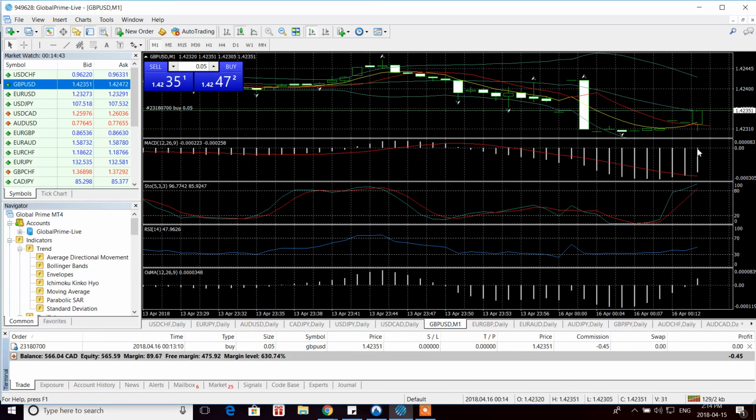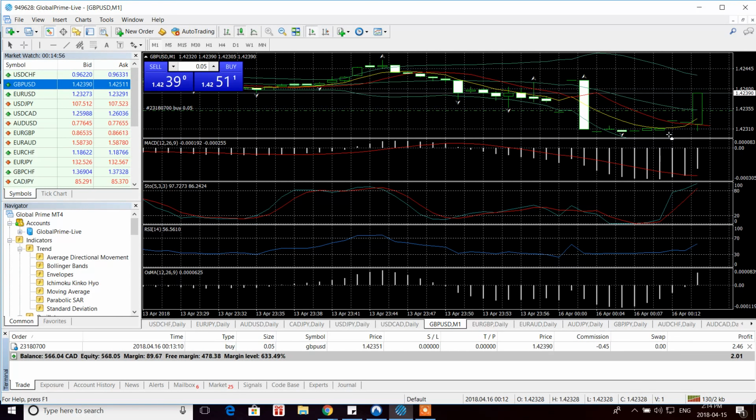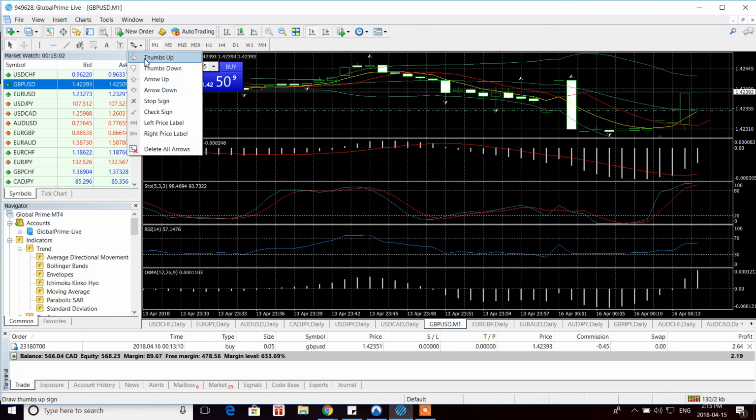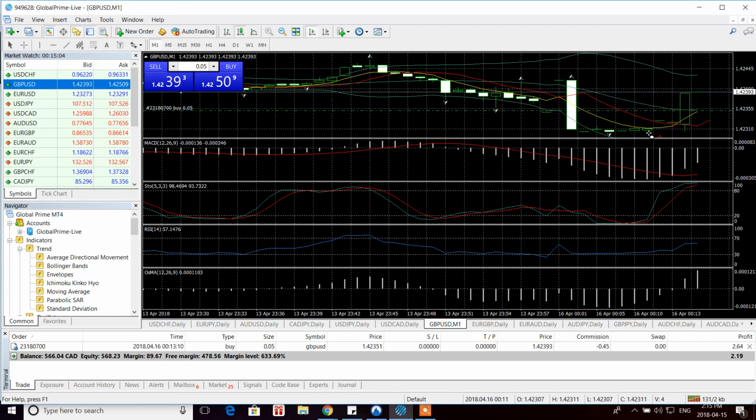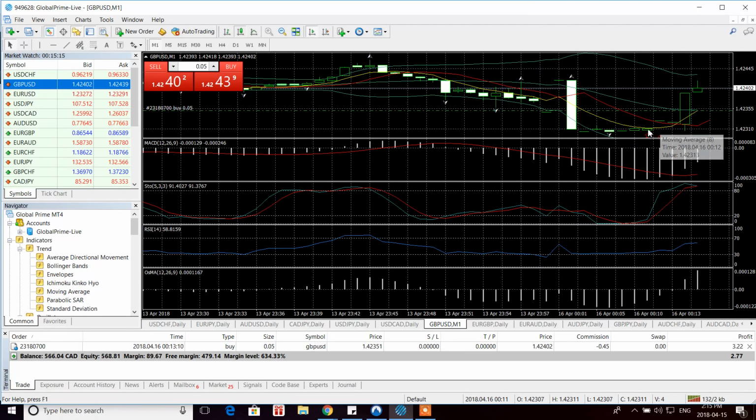Now you see it did come up, and I'll tell you why. I went in here, right? Okay, arrow up. So I went in here, somewhere around here. Actually, it was here. I went in here. Okay, so why did I choose that? Why did I rush over here to do this? Because I saw it was coming to touch this 8 line here. When these bars come and touch these lines, the 8 line or this line, I might come out of this